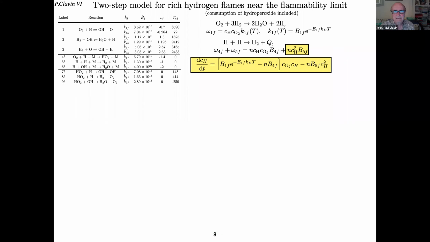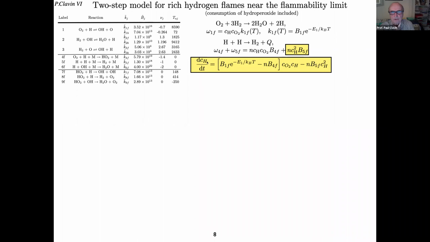Now, let's consider the case when you are near the flammability limit. What does that mean, near the flammability limit? This means that when you put together and include the reaction 5F here, you obtain, assuming that everything is homogeneous in space, just to understand,